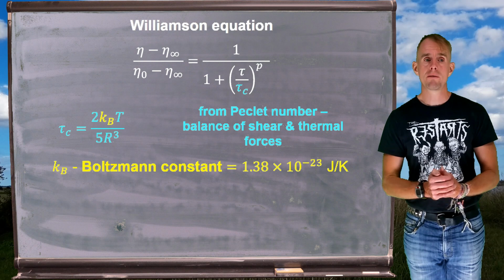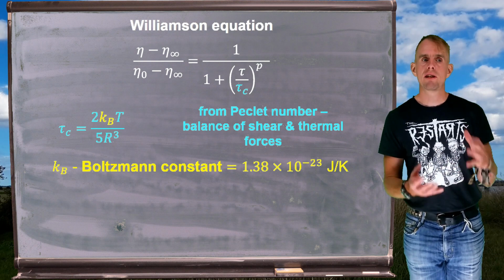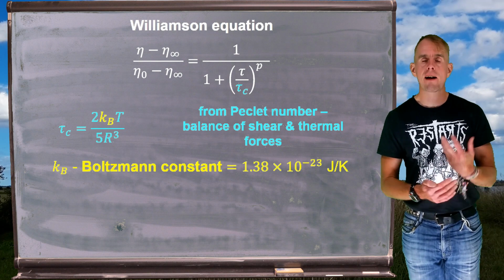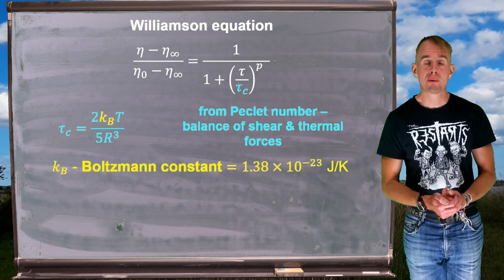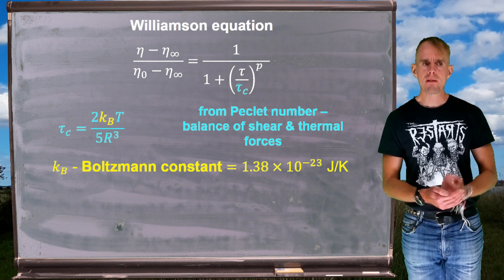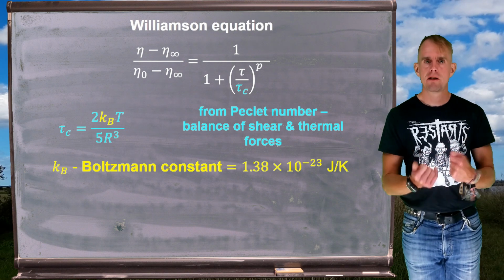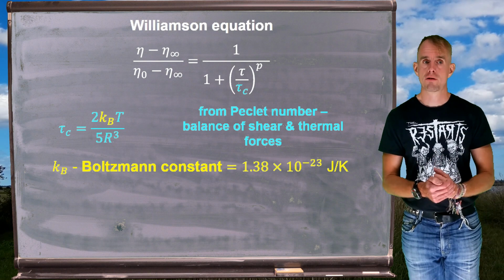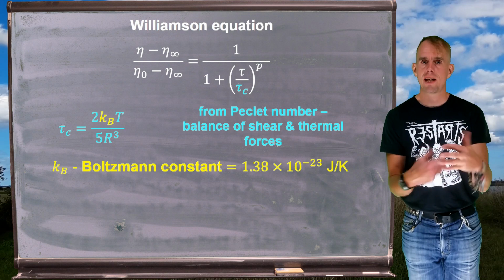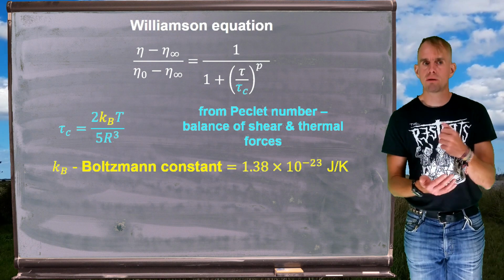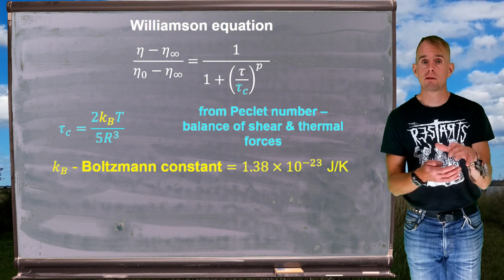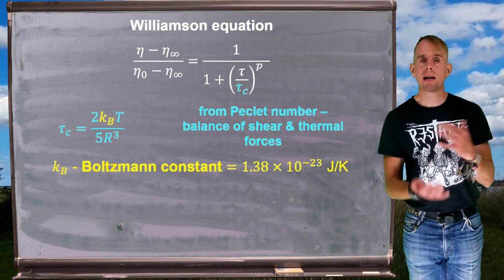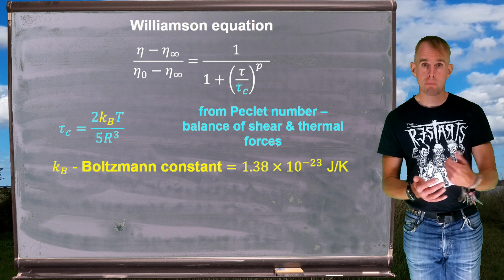If we look at the Williamson equation and look at the terms on the left-hand side, we can see that that is in effect a viscosity ratio. It's the same form of viscosity ratio that we used in the Carreau-Yasuda equation all that time ago when we were talking about generalized Newtonian fluids. And so we can see that that viscosity ratio depends on an expression that involves the shear stress over the critical shear stress. And so if we think that the shear stress in a system is imposed by shear, the critical shear stress, therefore, is going to be as a result of Brownian motion. And we can see whether or not, for a given particle radius, we get these shear thinning and thixotropic effects that